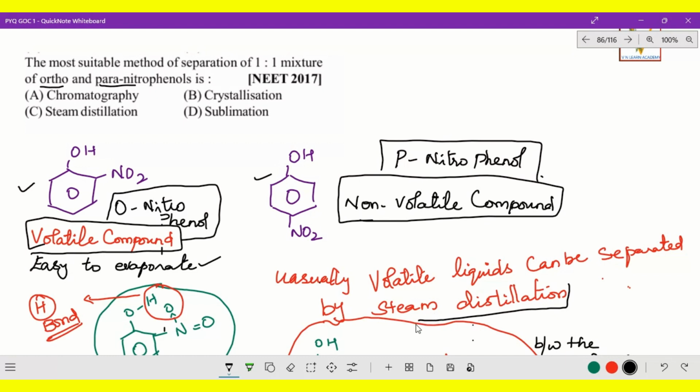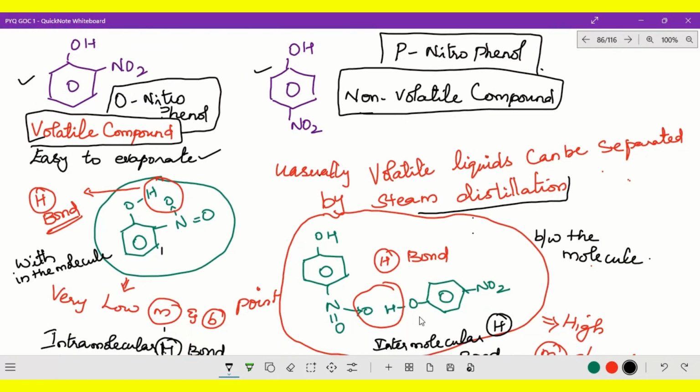Right, now here one more point I wanted to bring to you. See here, intermolecular hydrogen bonding and intramolecular hydrogen bonding, you have already gone through in the concept way. Now here, this is orthonitrophenol, OH and NO2. Whereas this is paranitrophenol, OH and NO2, on the opposite side. Now this orthonitrophenol has intramolecular hydrogen bonding. How do we say intramolecular hydrogen bond? Because within the molecule, hydrogen and oxygen bonding has taken place. Whereas in paranitrophenol, here